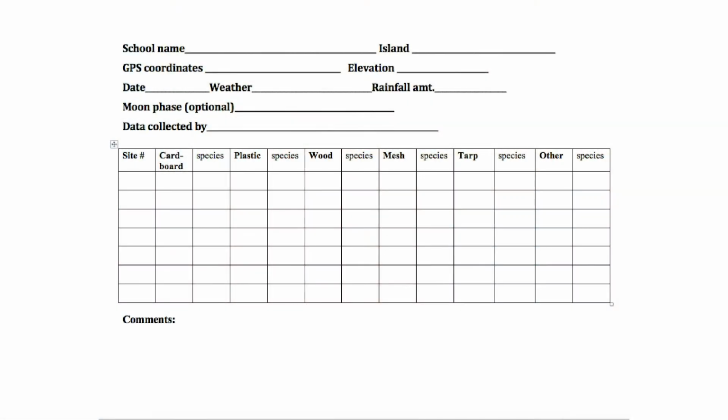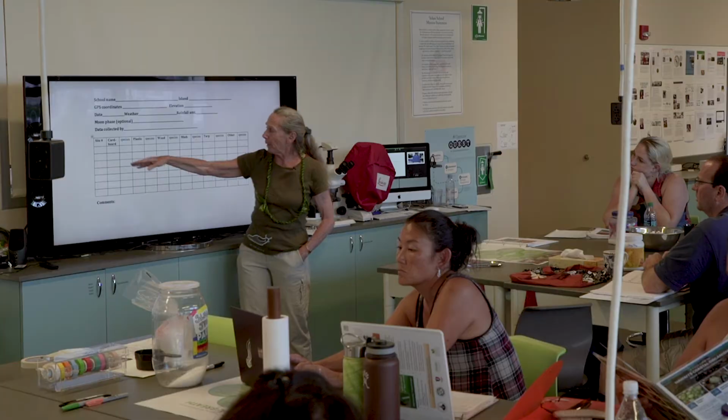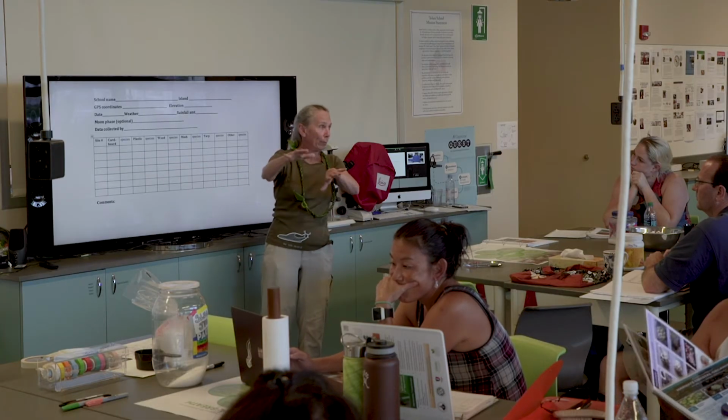But rainfall is really an important factor. We really need to know that. The moon phase would be good, and then the data collected by. And so then if you have different sites, you can name them or number them. So we had 2 sites at each school, so it was site 1 or site 2. And that might be, you know, maybe you've got it over by these plants or under these conditions or something like that. So those sites might be